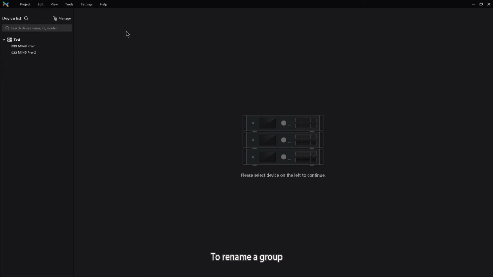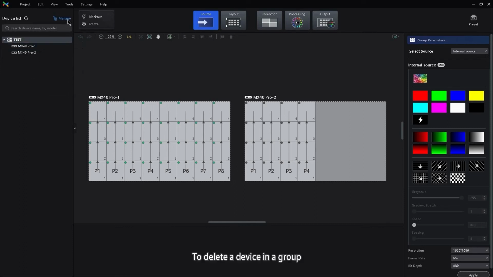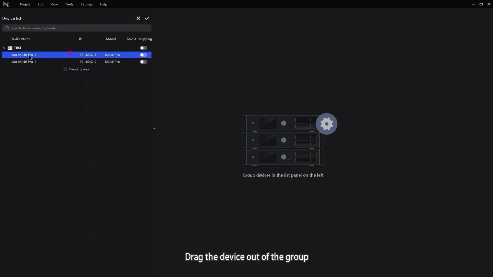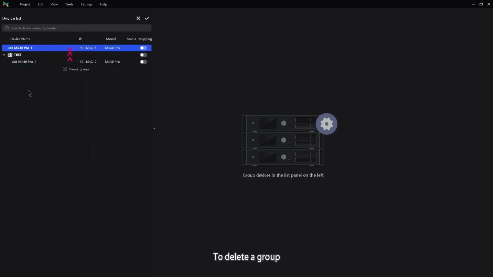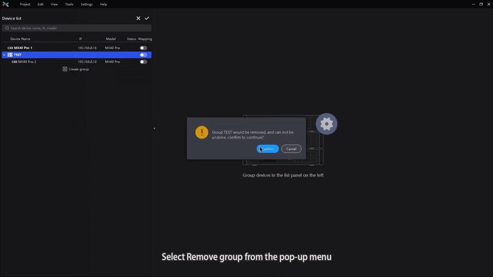To rename a group, right-click the group, select Rename from the pop-up menu and enter a new group name. To delete a device in a group, drag the device out of the group. To delete a group, right-click the group, select Remove Group from the pop-up menu,